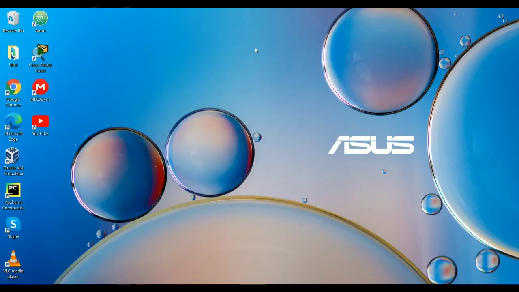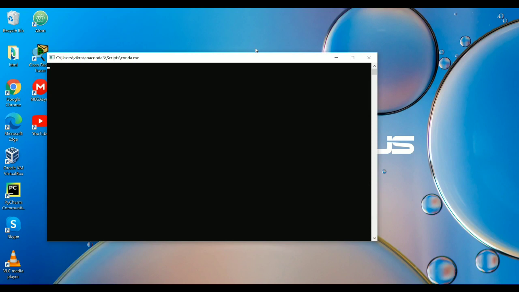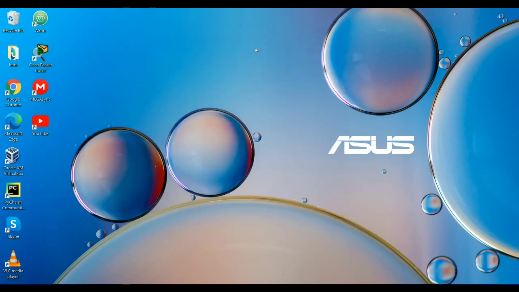So to install Anaconda, the basic requirement is Python should be installed on your system. Since in my system the Python was previously installed, we can easily install the Anaconda. So this is a basic requirement. First you should install the Python on the system, then you can easily install the Anaconda. If it is not installed, you can install it and then download the Anaconda.